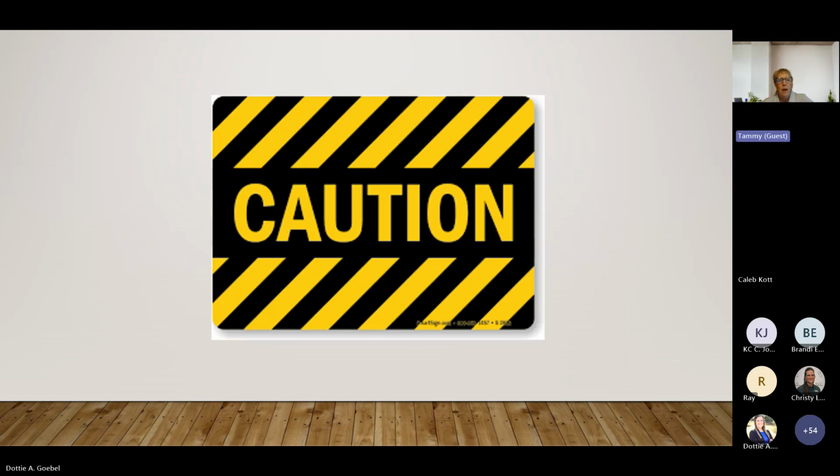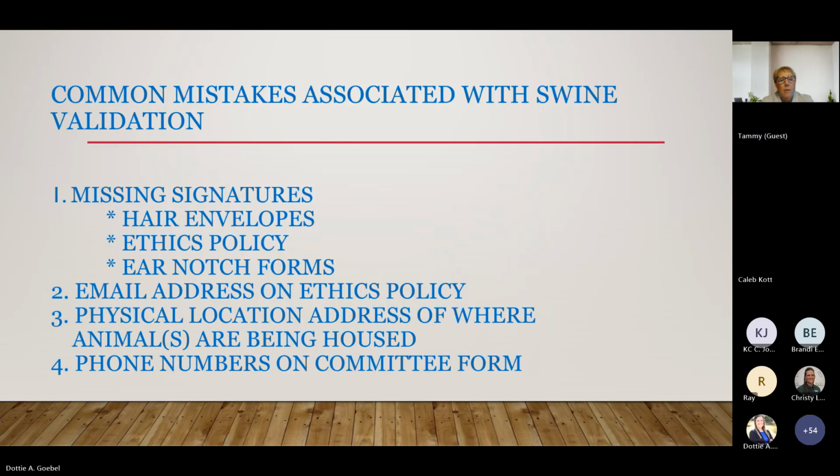Okay, Dottie. First thing I'd like to visit with you about is the general mistakes that are made as a validation chair when you're going through the validation process. So Dottie, if you'll go to that next slide there. The biggest mistake that we have when people return their validation information to us is missing signatures on the hair envelopes, missing signatures on the ethics policy and the ear notch forms.